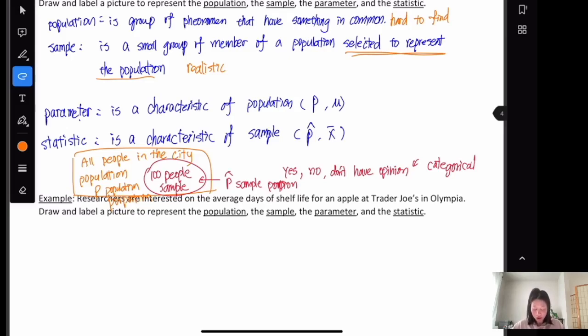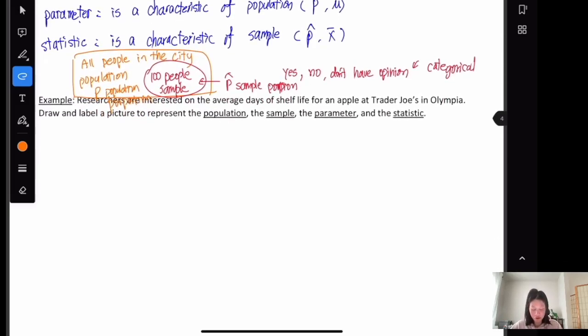Okay. Now, here is another example. Researchers are interested in the average days of shelf life for an apple at Trader Joe's in Olympia. Draw and label a picture to represent the population, the sample, the parameter, and the statistic. In this case, they want to investigate apples at Trader Joe's in Olympia. Luckily we only have one Trader Joe's, but still it's very unrealistic for us to keep track of every single apple in Olympia. So our population is going to be